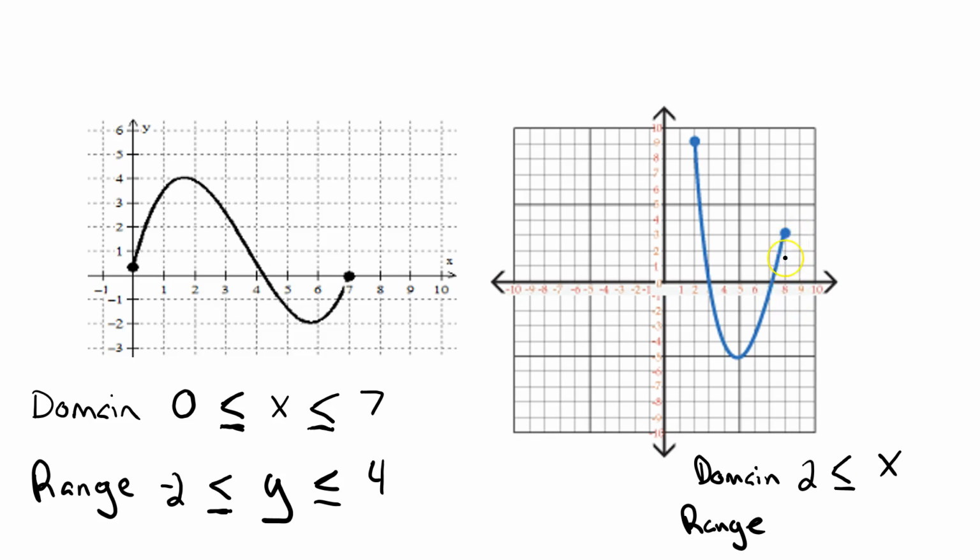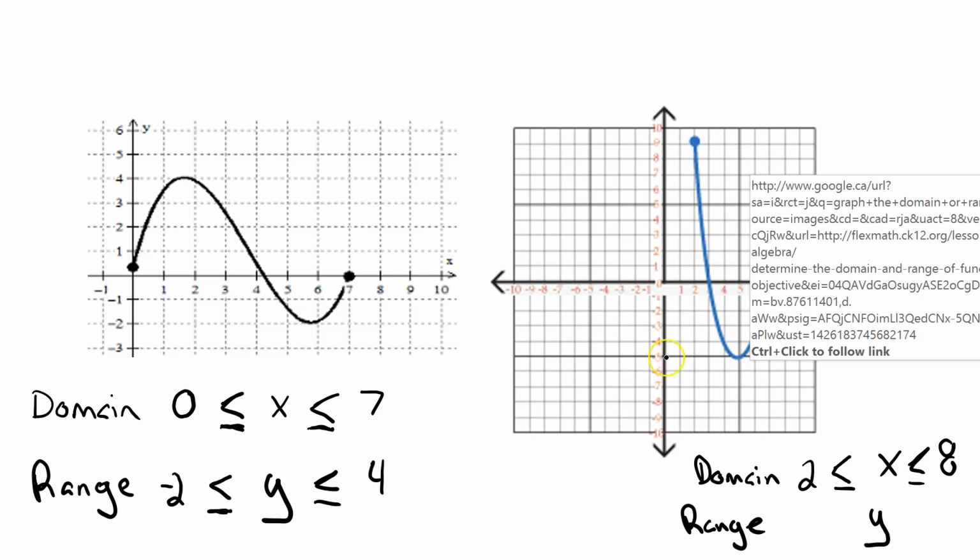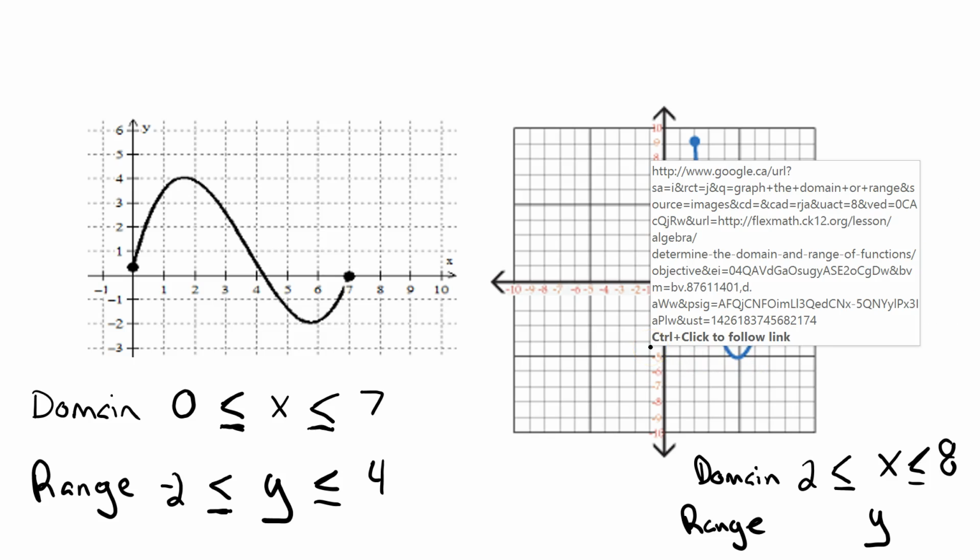Maximum crosses at 8. Can it be equal to 8? You bet. We've got that colored in dot. So our x has to be greater or equal to 2, smaller or equal to 8. And now we've got my range, my y. Smallest value, well, we got a curved line here. So it looks like we've got -5